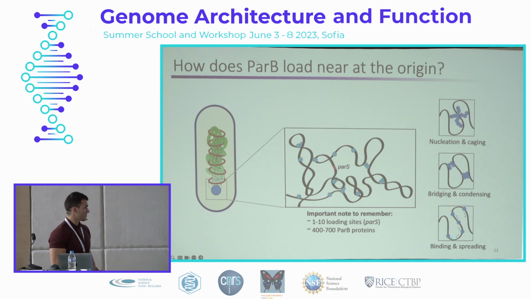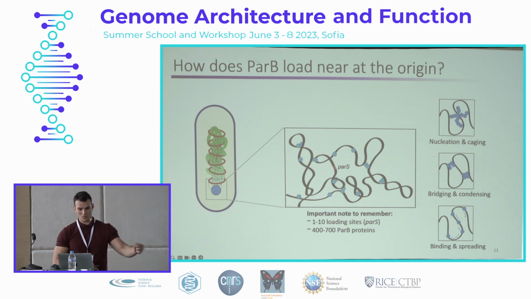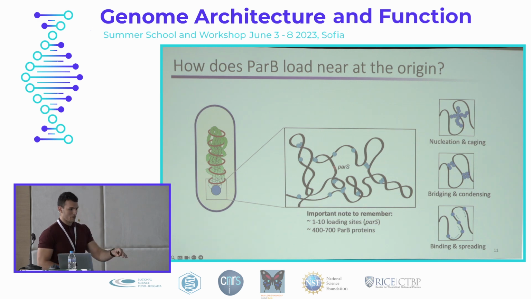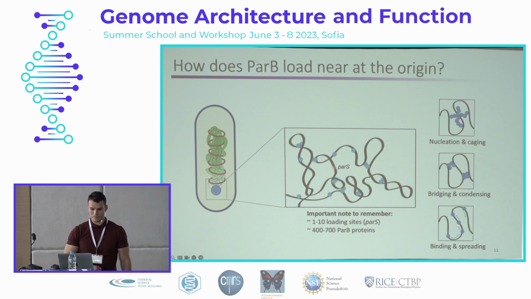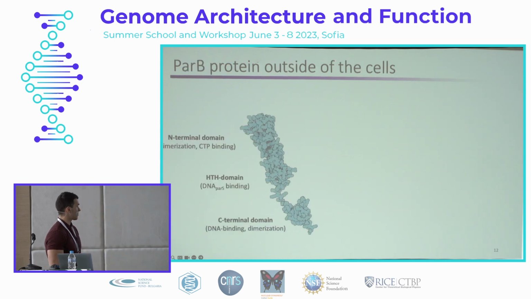complex. And the most recent and most tested one is that it would bind and then start spreading via 1D diffusion, and then as one loads, it moves, and then the second one can load and it moves, and so on. Which is a very peculiar behavior of a protein, that it loads to parS and then moves away. And so to realize how this happens, we look at the protein structure of this protein,